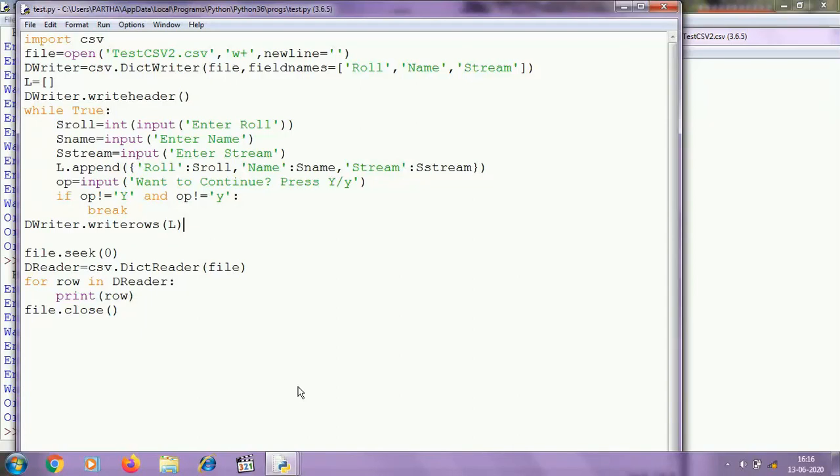So we can write the contents of a dictionary directly to a CSV file using the DictWriter function, and using DictReader we can read from that kind of CSV file, and you can update a record of that kind of CSV file, and you can delete a record from that kind of CSV file also. And I am assigning this as your homework. You have to do this at your home.